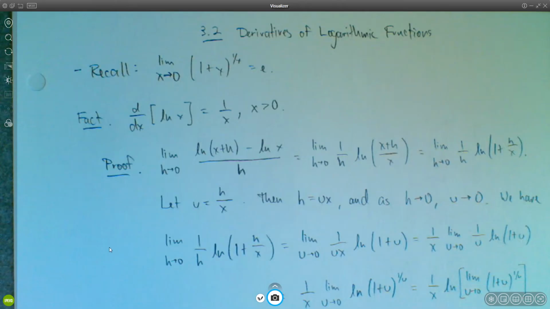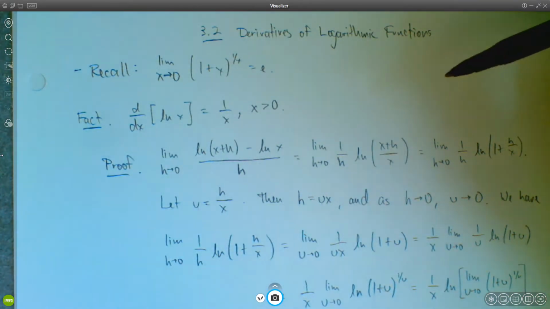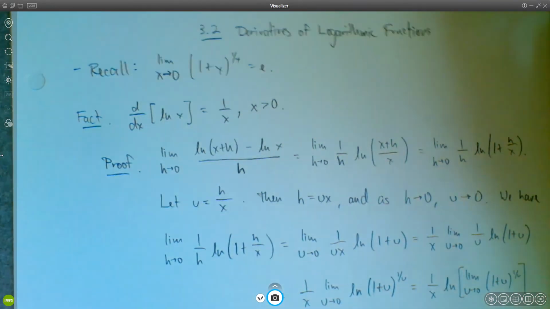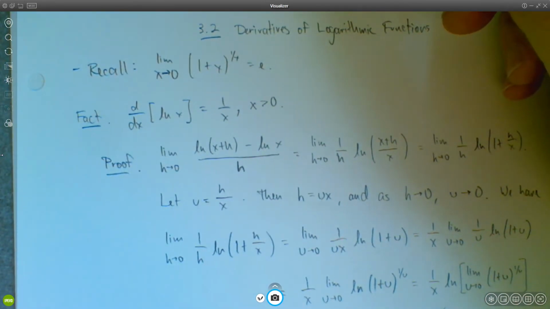All right, on to 3.2. We're going to talk about derivatives of logarithmic functions. In order to prove what we need to prove regarding derivatives of logarithmic functions,